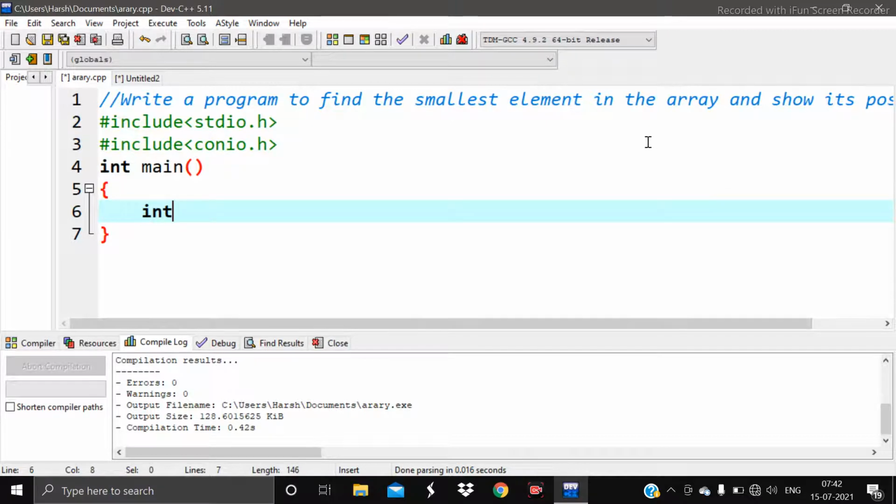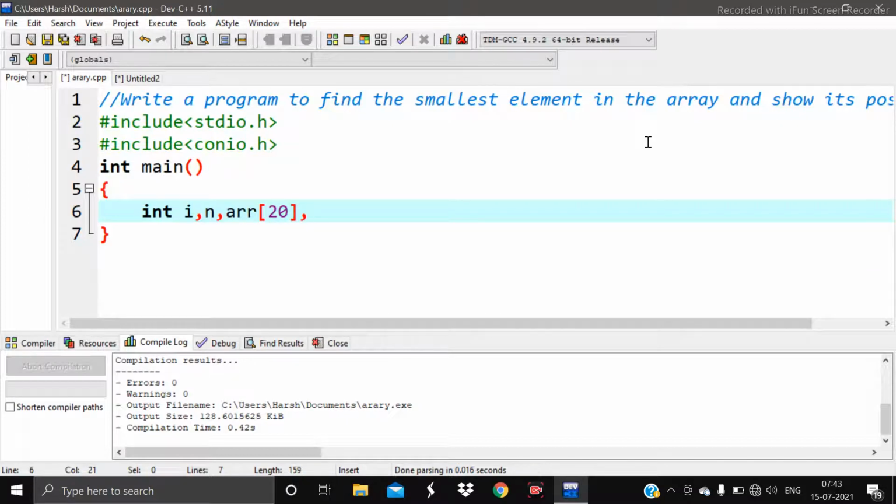So here firstly we will declare the variables where we declare the data type. The data type being used is int, and in arrays most commonly int is used. So you can always use the int data type in an array. Okay, so int, then we have to declare i for the loop, then n for the size of the array, then the array name, where the size of the array may be 20.